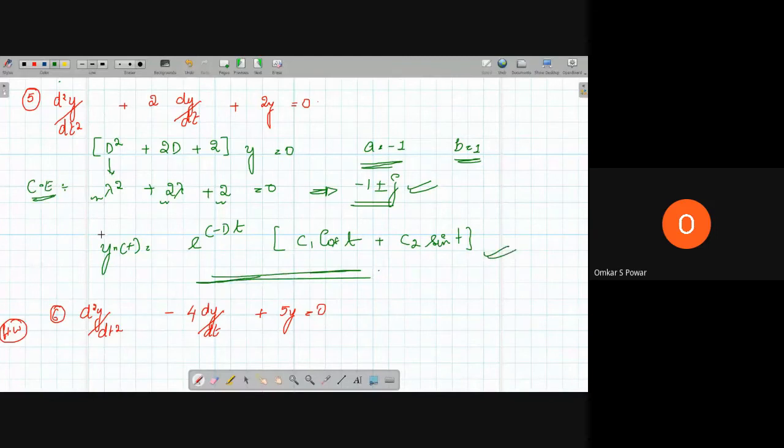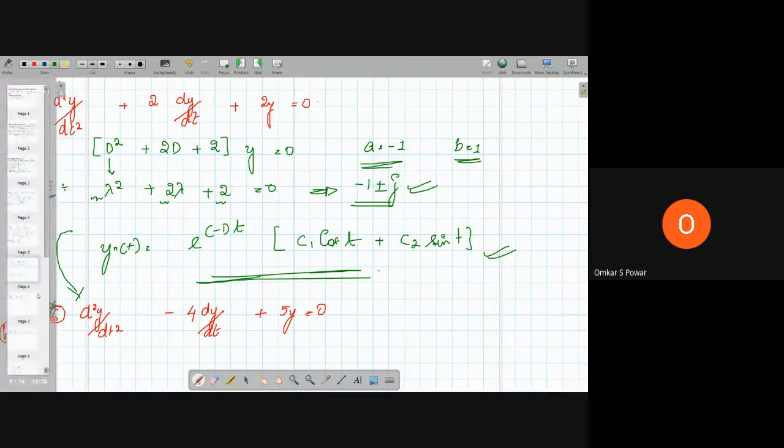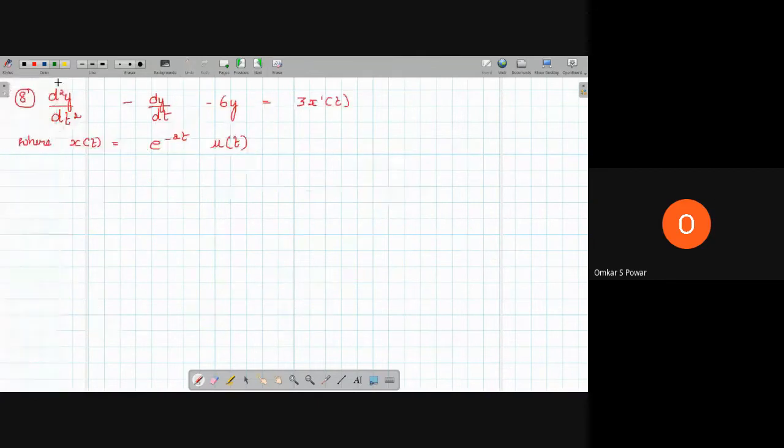Okay. So I have taken three cases: when roots are real and distinct, when roots are real and equal, and when roots are imaginary. So based on this, you have to solve this homework problem. So this also is imaginary only. The same thing for you to practice, I have given this one. Okay. Now let's go to another set of problems. My objective is to solve different kinds of problems.